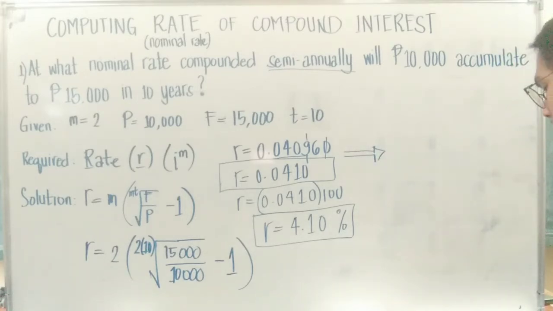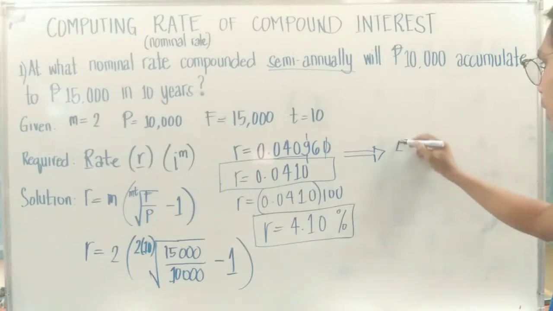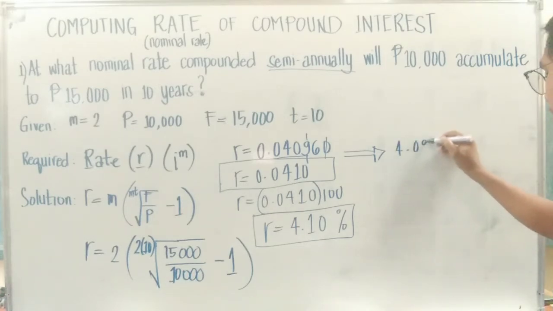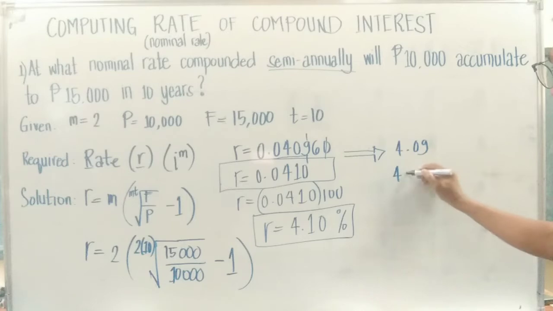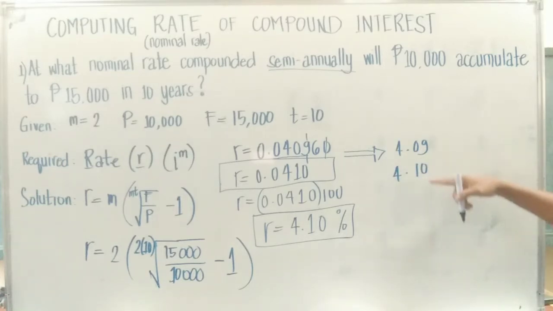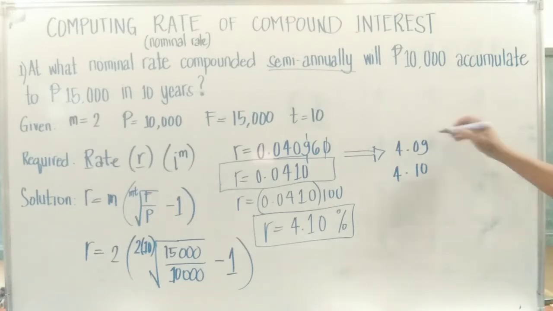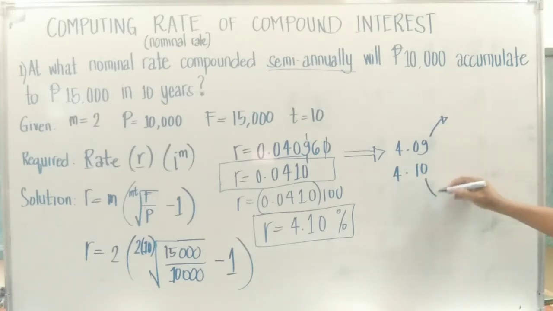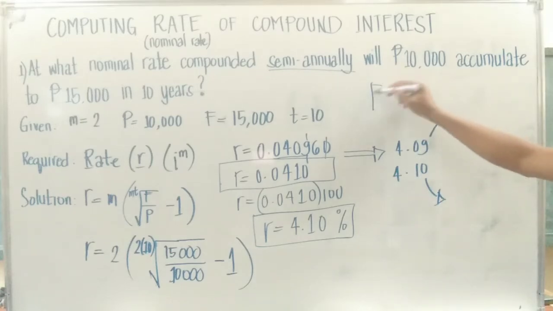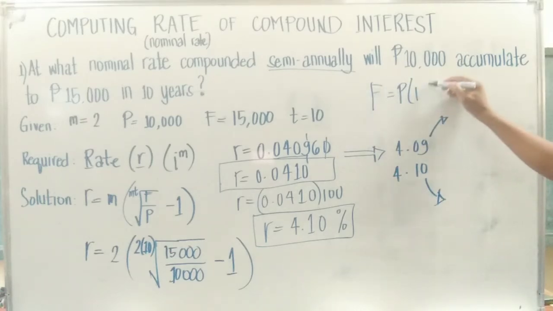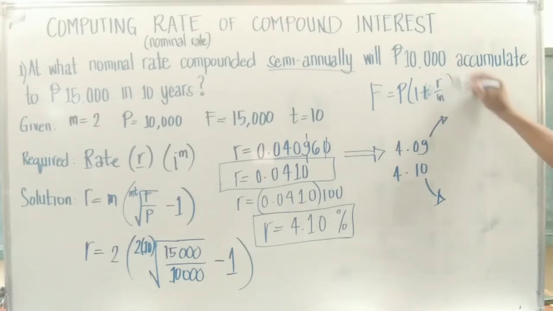You will have to use either 4.09 or 4.10, because the margin of error, or difference, between the two is 0.01. But in terms of money, if you check this using F equal to P times the quantity of 1 plus r over m raised to mt,